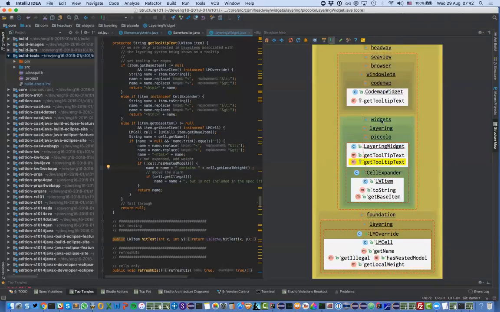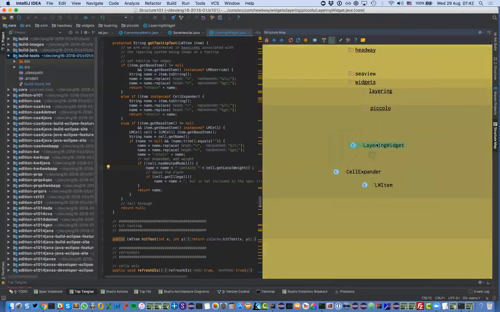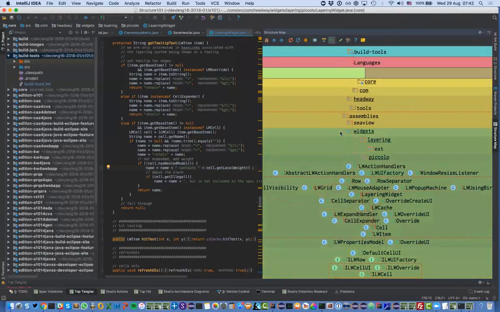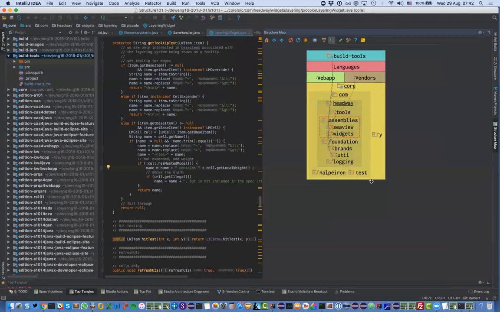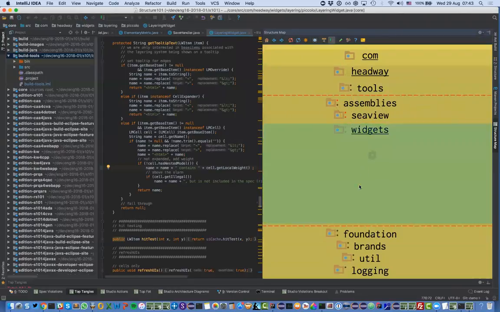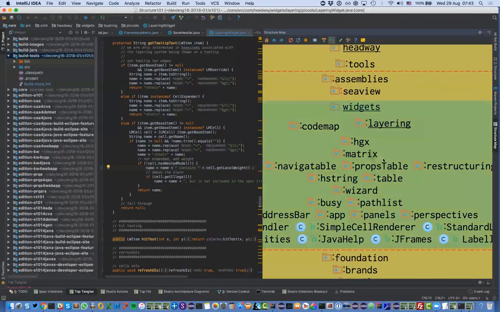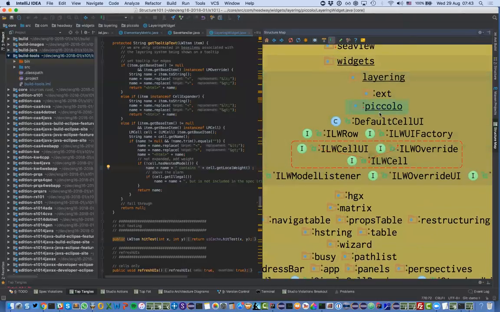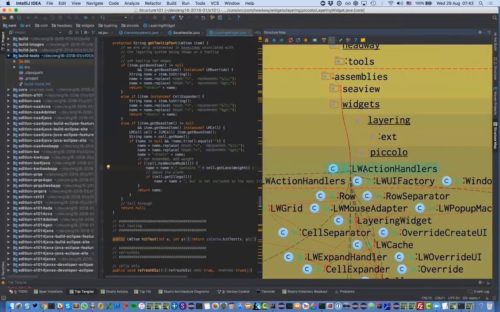Now, that wasn't the only feedback dependency. If I collapse that away, I remove the feedback. So it was the dependency from widgets. There's still something else inside widgets, something inside layering, something inside Piccolo. That other feedback dependency is coming from here. This is a class that depends on some of the code in CView, but actually nothing else inside Piccolo is using it. So in this case, what I might do is alt-click on that,